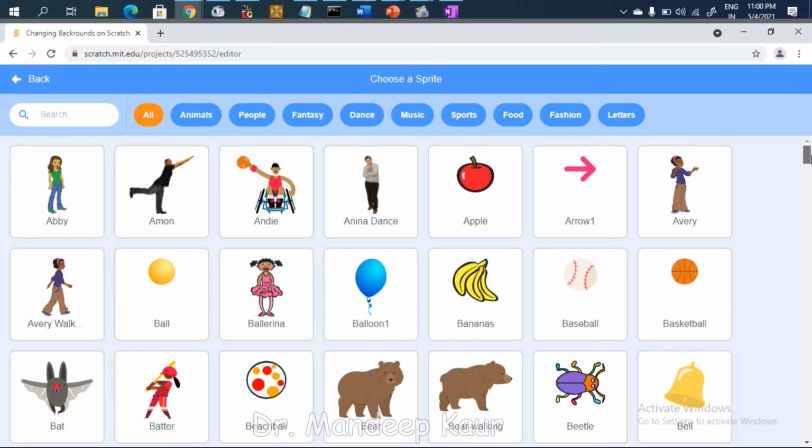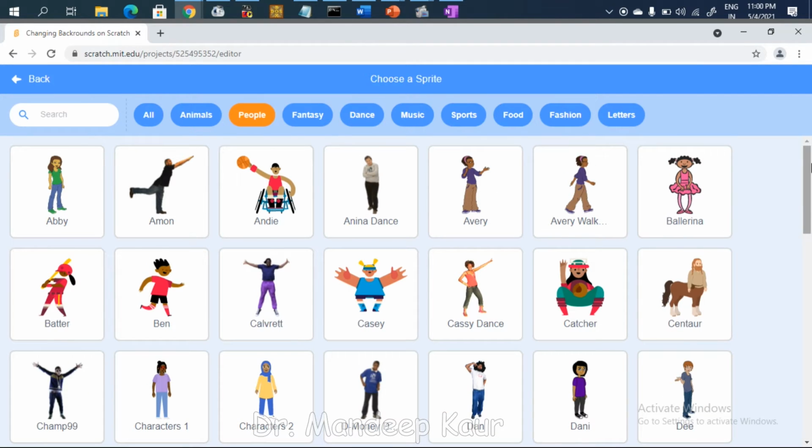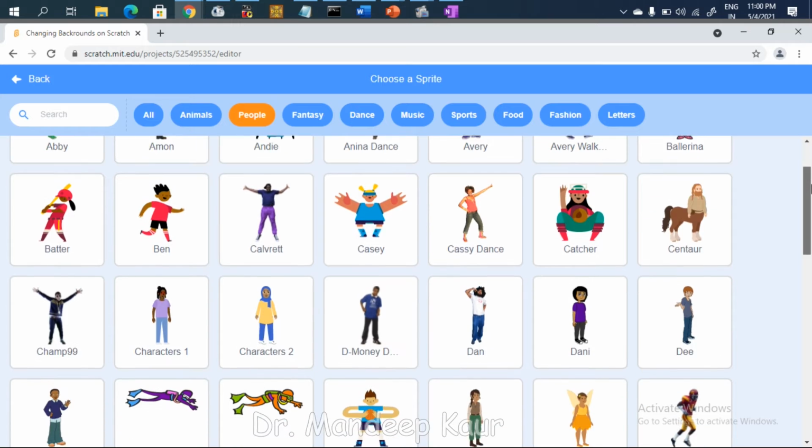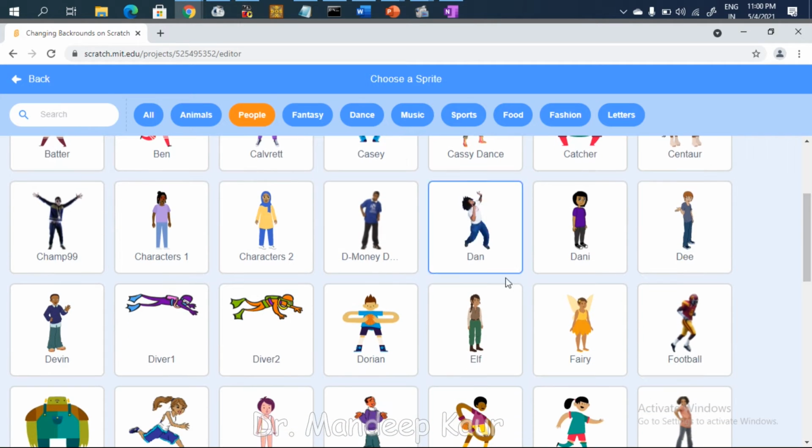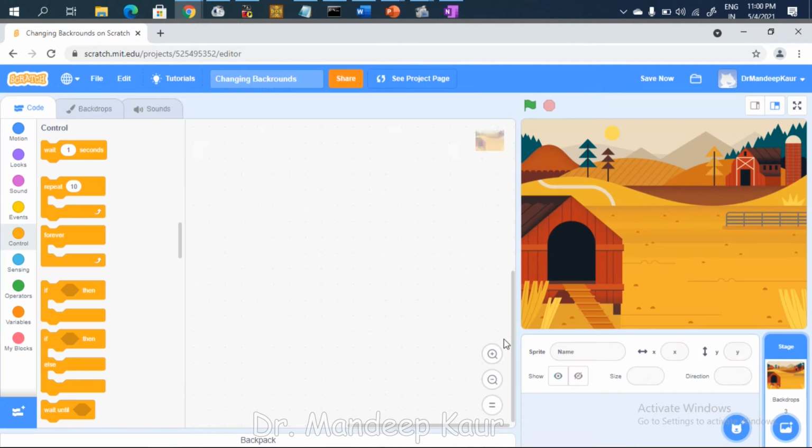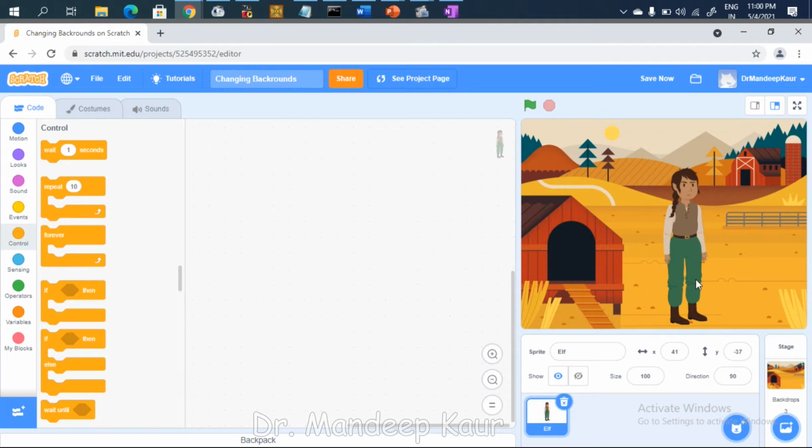Here we select the people option, and you can pick any of the given options. I'm selecting this elf.